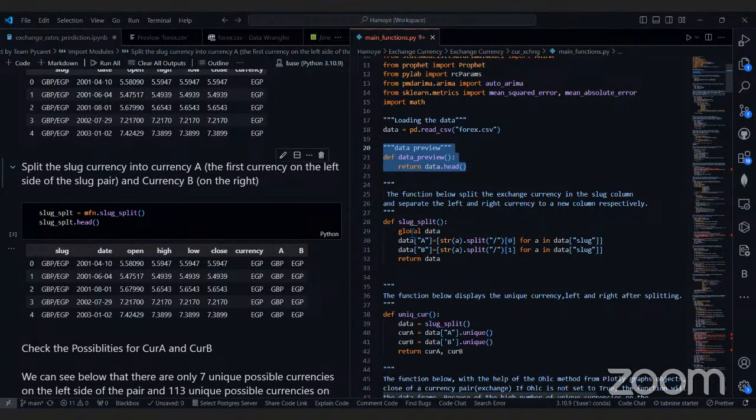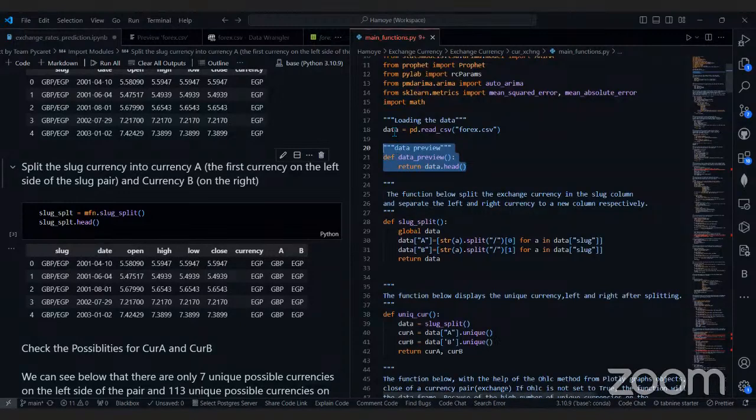So it takes this global data, right? Whenever you're working within a function, everything is narrowed down to that function. It's local, meaning that had we not declared this global data, it would think this data is defined under this function. So this global is what makes the function understand that we are working with external data, a variable outside this function. That's what global means, in case you are not aware.